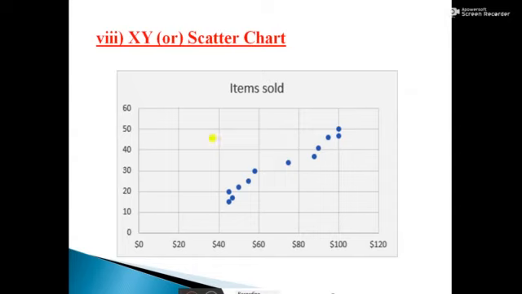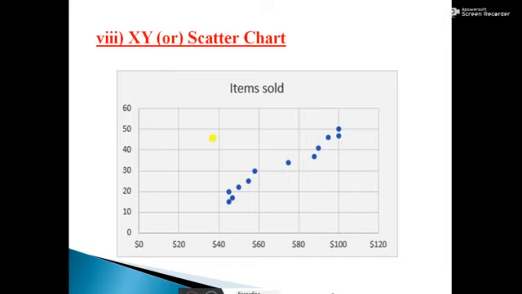Okay. The next one, XY or scatter chart. This chart is used for comparing numeric values. Numeric means what? That is, it contains only numbers. So these XY or scatter charts are used for comparing numeric values.